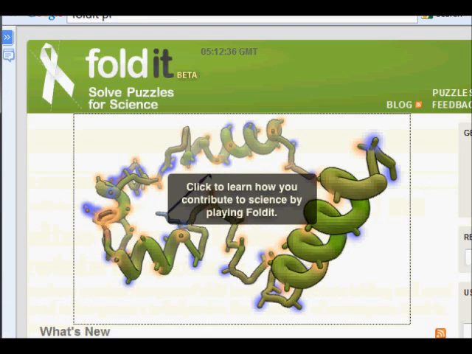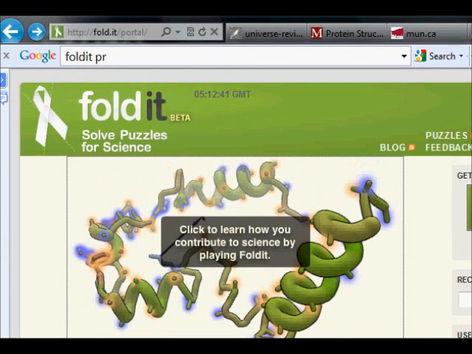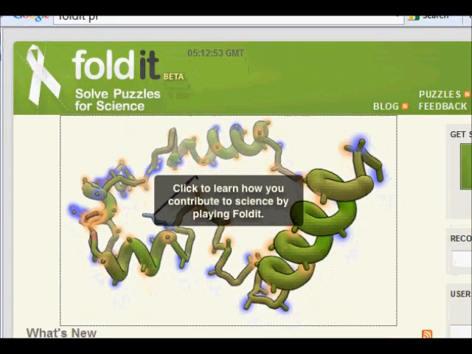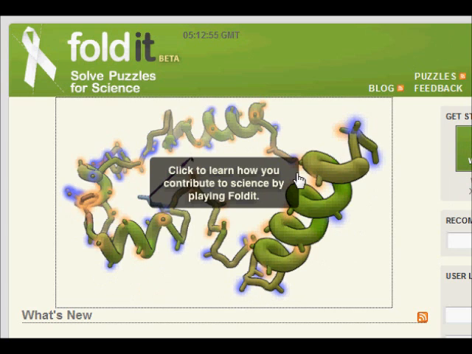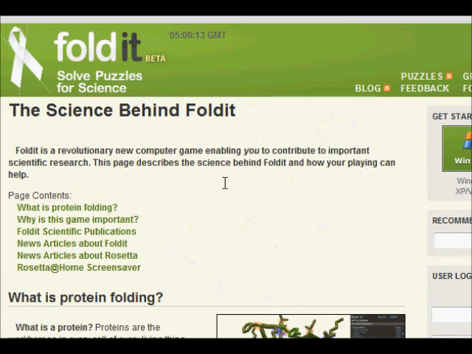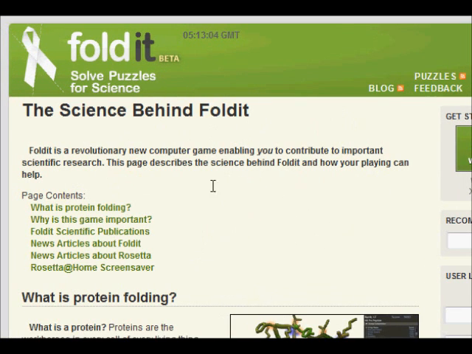I'll just go to the website, called Foldit. If you're a gamer and want to help save the world and cure disease and things like that, here's the website, and you can join and help solve these puzzles. It's really cool. It's also just a good resource to review. If you click here, it takes you to the science behind Foldit. It talks about what protein folding is,